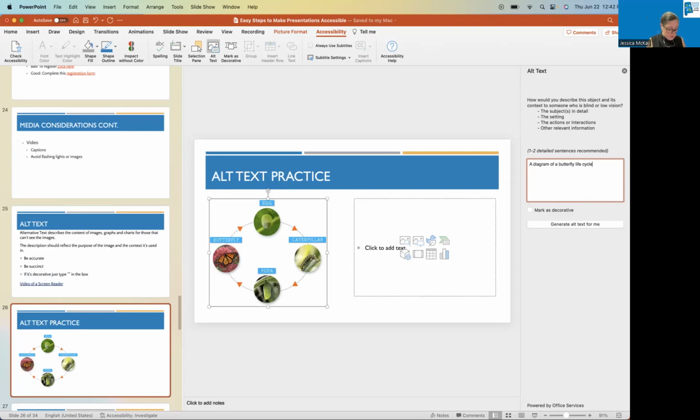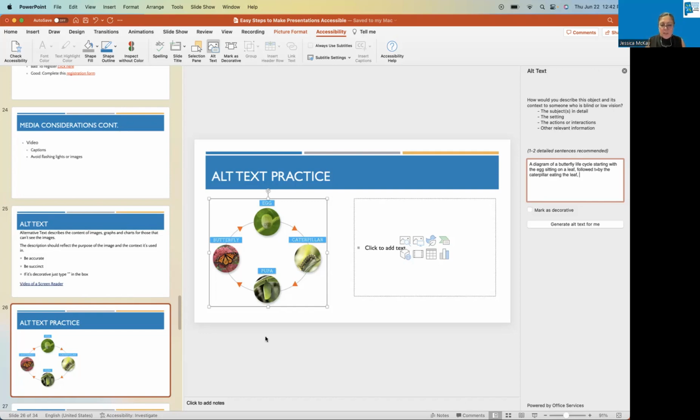Butterfly life cycle starting with the egg sitting on a leaf, followed by the caterpillar eating the leaf, and then so on and so forth.